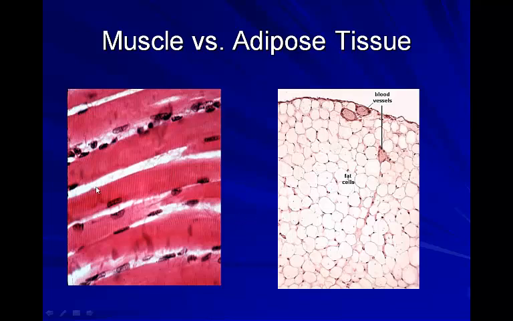Whereas muscle tissue, its job is to contract and move and beat the heart or move the skeletal muscles. So it's a very metabolically expensive tissue. This is why people who tend to be more lean, who tend to have more lean muscle versus fat, tend to have a higher metabolism. You can have two people of the exact same weight, but if you have more lean muscle mass versus fat, you're going to burn calories at a higher rate.